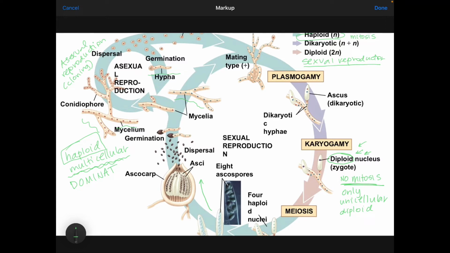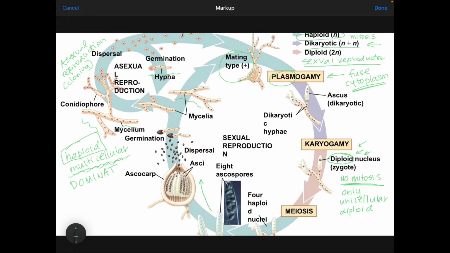So sexual reproduction, we're going to have a couple of different main events happen. One is that it runs into another hyphae of an opposite mating type. And two, it's going to undergo plasmogamy with that. So it's going to fuse cytoplasm with the opposite mating type. So two different individuals fuse their cytoplasm. This is not a diploid organism. This is not diploid. This is dikaryotic. N plus N. The nuclei have not fused, just the cytoplasm. That is plasmo for cytoplasm, gamy, plasmogamy.